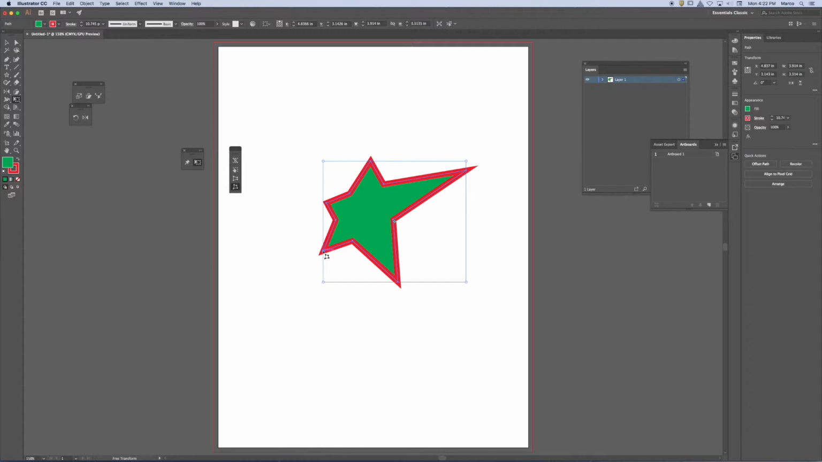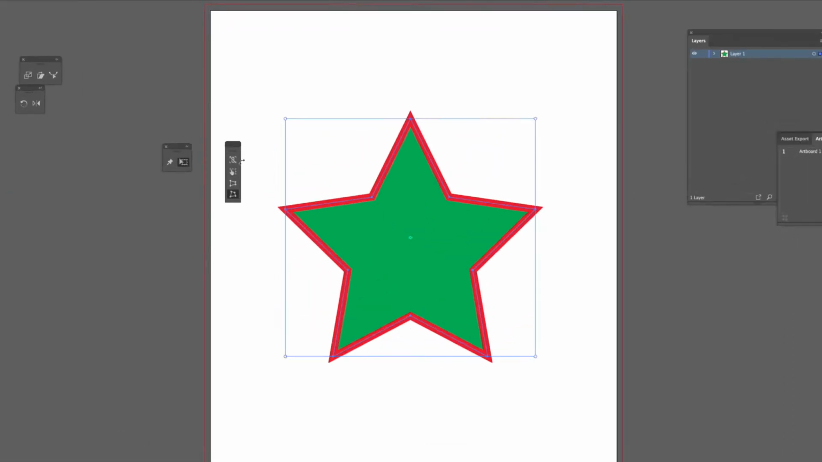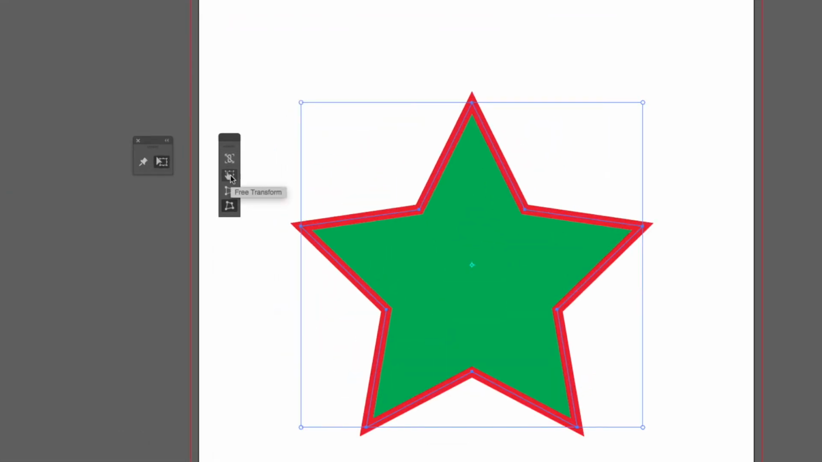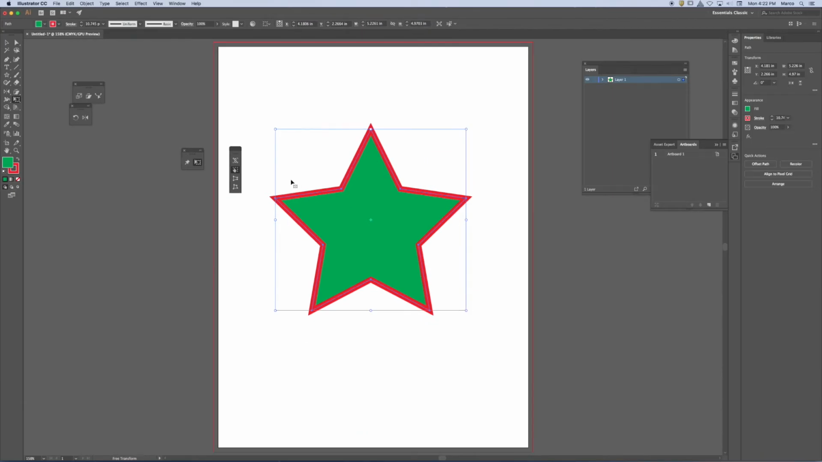So I'm glad that they updated it, but you know, if you just go into the first option, the one that says Free Transform, it's basically the same thing as the bounding box. Right? Is that clear, everybody? Okay. One of the things that I'd like to point out to you,